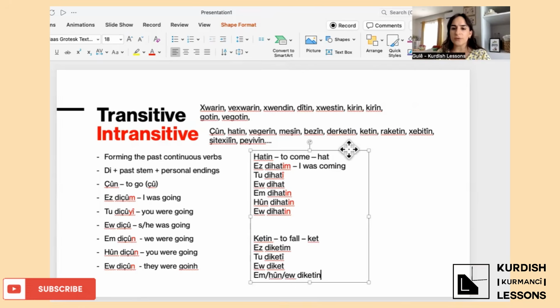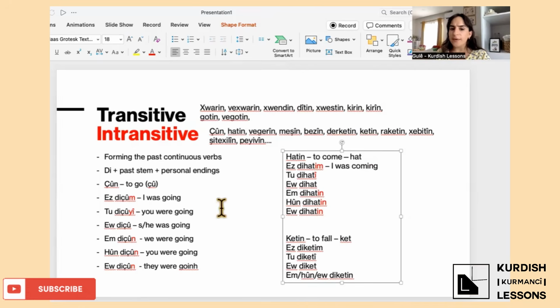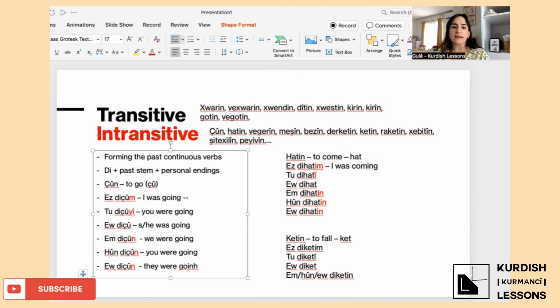And if you want to say the negative form, I was not coming, how do we say I was not coming? So it will be ne dhatam. So we have ne before the, and you keep the. In present tense, we drop the when it is I am going, as the chum. I am not going, as nachum. But when it is past continuous tense, you keep the and you put ne.